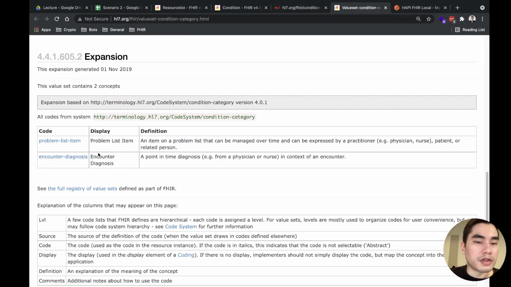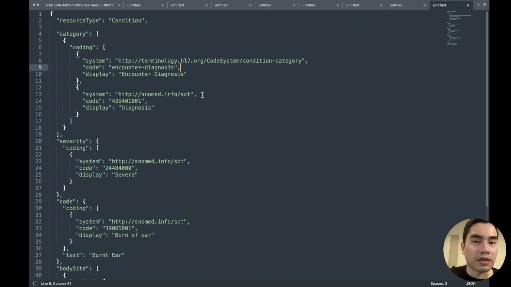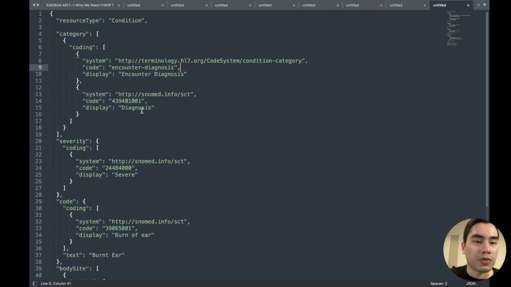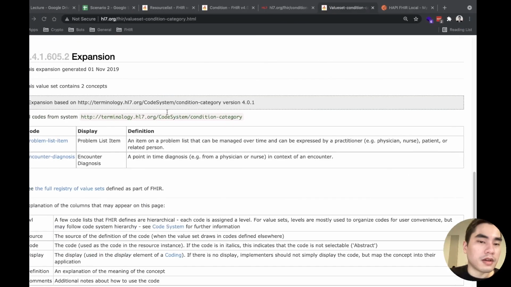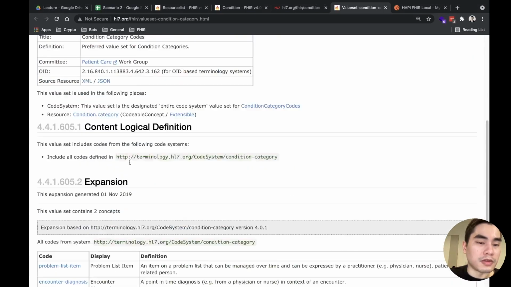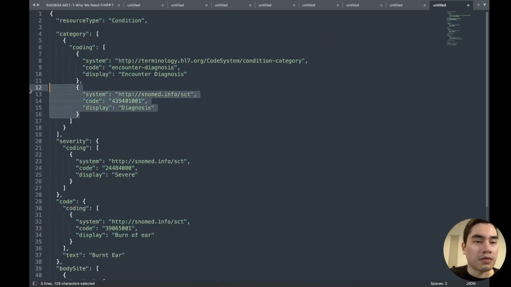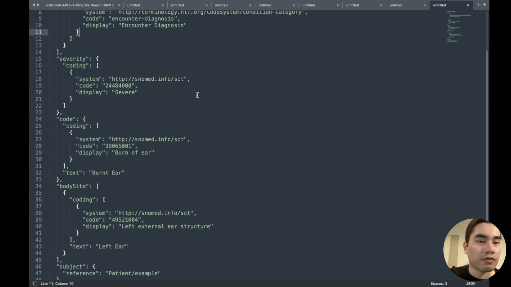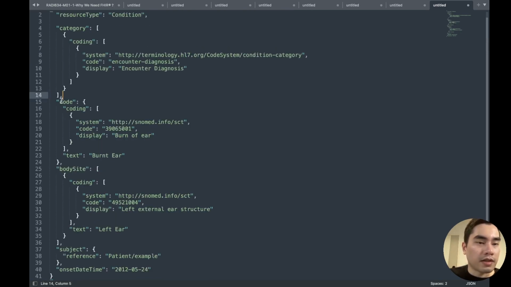This one is between two numbers, but the implementer of this resource should add code from SNOMED. So this is extensible, but for now I will just keep the code system from HL7. Severity, we don't know. Code is the thing that we care about. What it is, I don't know.